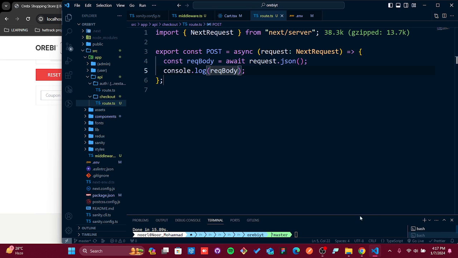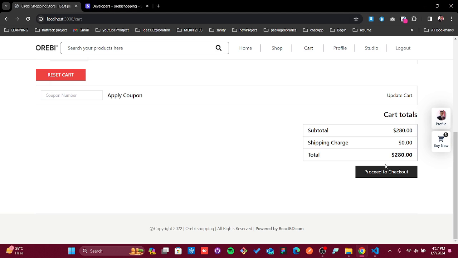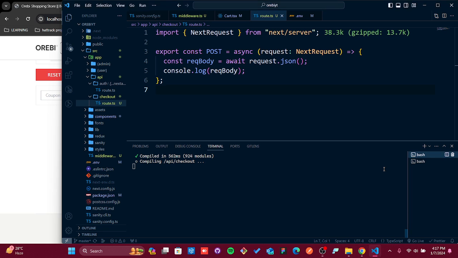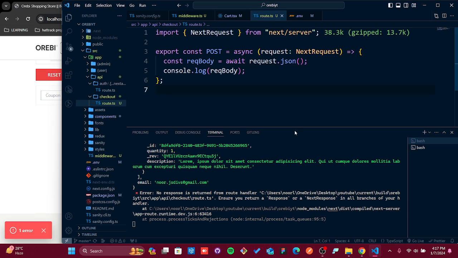Of course that log is gonna come here in the server side, it will not go in the client side. So right now what I will do, I'll just click on that proceed to checkout, and let's see. As you see, there will be an error. Don't worry, because we're not returning any response, but what actually we are getting on that particular post request,